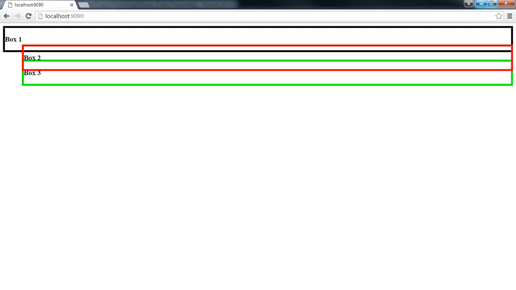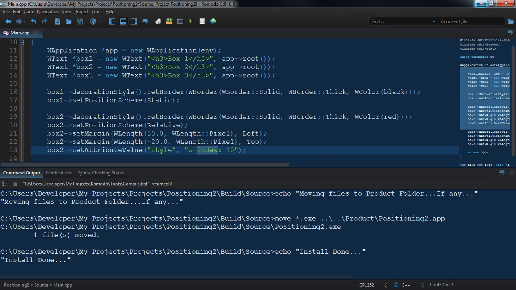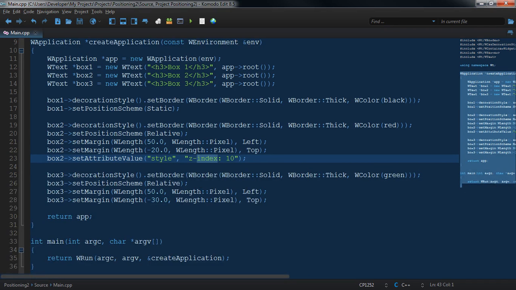So I just wanted to show you that when you have relative positioned widgets or divs, if you set attribute value using our style attribute and set the value to a Z index of 10, and you can use any CSS value you want to use, borders, margins, text alignments, but in our case we did Z index. If you just set this, it'll automatically be on top of or below, if you wanted to do it below, any div that has a relative position. So basically that is how you can override the Z index in your